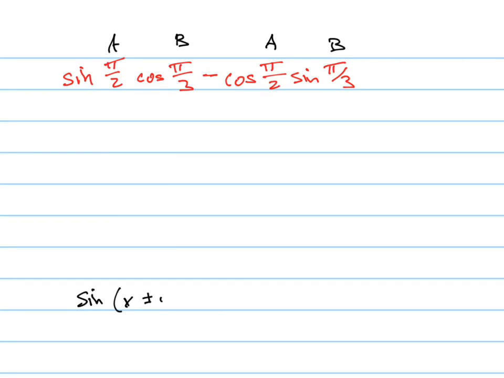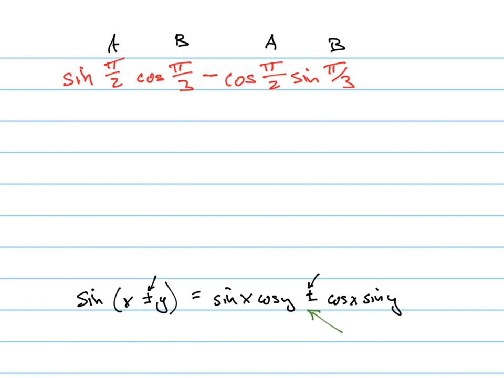Here's the formula that you might have written down. The sine of x plus or minus y is equal to the sine of x cosine of y, plus or minus the cosine x sine y. That means when it's a plus there, it's a plus there. Do you see which one it is? Minus. See how it's got the minus? So since it's got a minus,